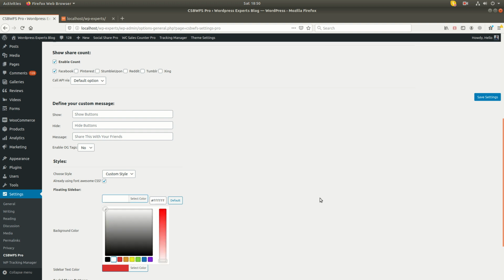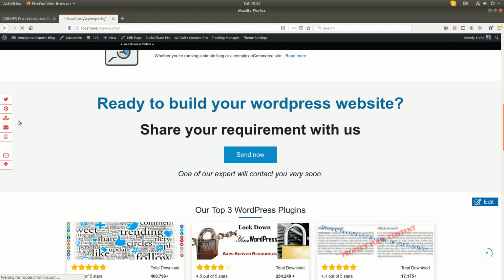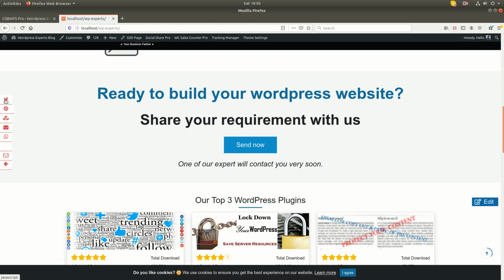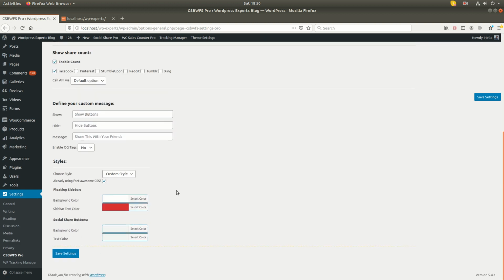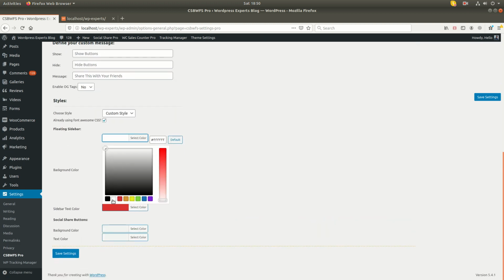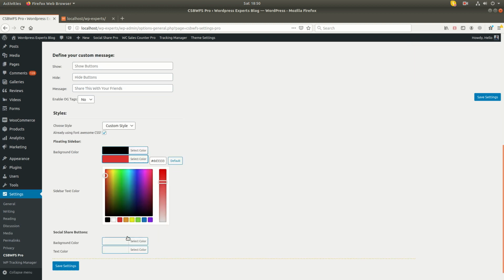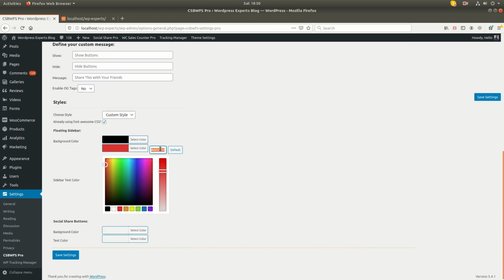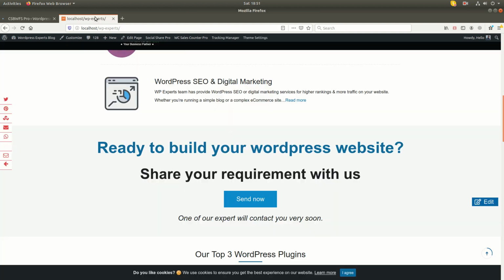We can use a background color with red, then it will be good. So you can use custom style if you want to use your custom button as per your website design.